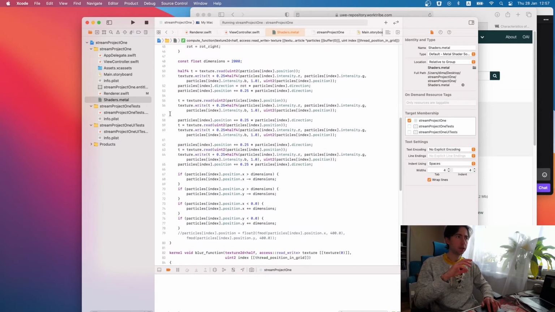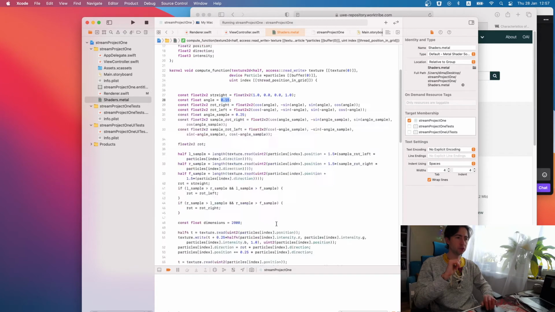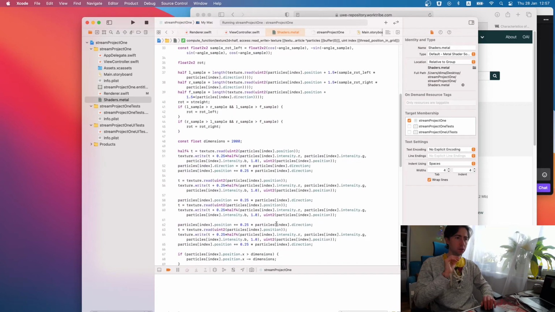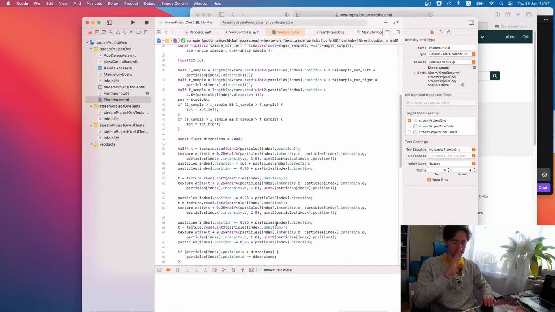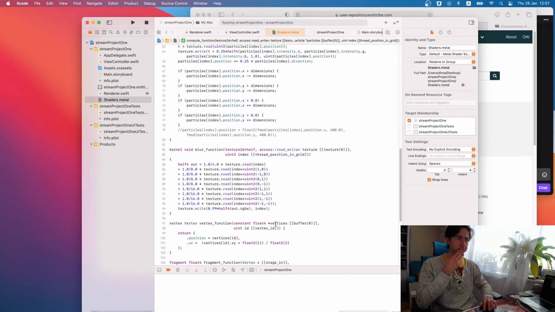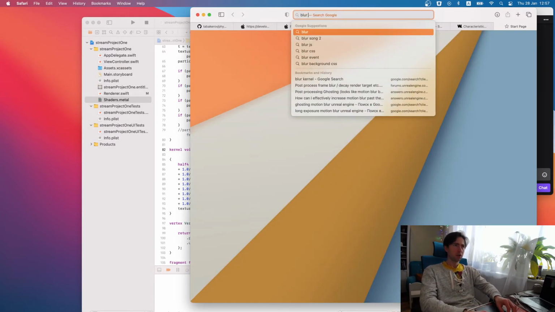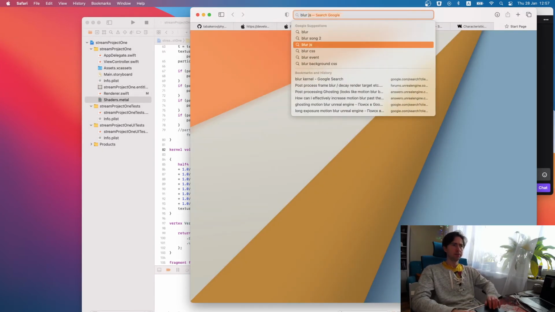But here we have a compute function where we're doing a particle movement simulation. Here we have a blur function. Actually, it's a basic blur kernel.